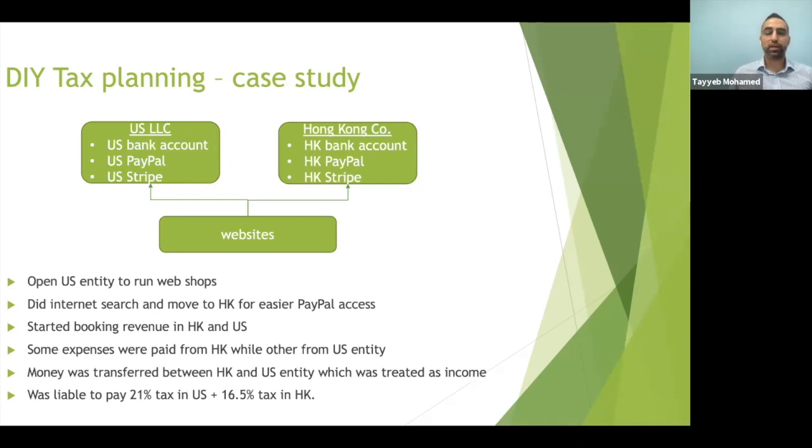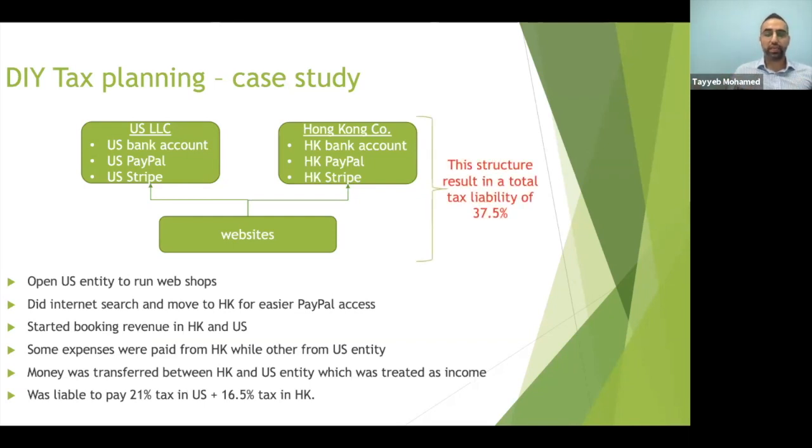Now he started booking his revenue in both Hong Kong and US. Some of the expenses were paid from the Hong Kong entity. Some were paid from the US entity. There were intercompany transactions between Hong Kong and US. So whenever he needed money in the US LLC, he just transferred money from the Hong Kong entity to the US and just used it to pay suppliers or pay the marketing companies. With this arrangement,